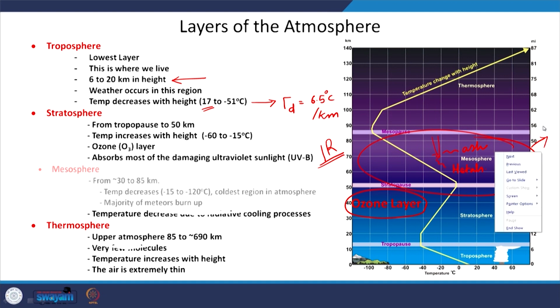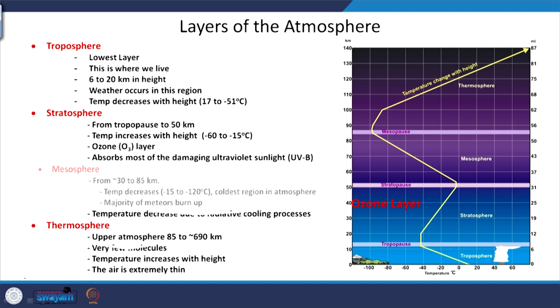So, once this energy is lost, because of the conservation of energy, the temperature will decrease. That is as simple as that. And most importantly, after the mesosphere, once you cross the mesopause, that means once you cross the coldest point in the Earth's atmosphere, the layer that is above the mesopause is called the thermosphere.